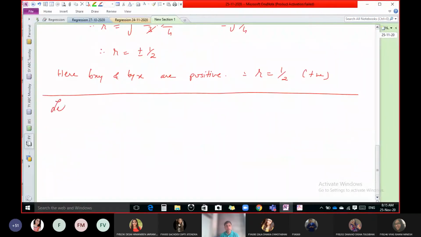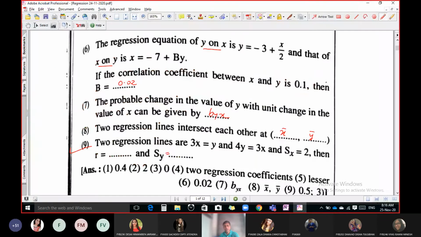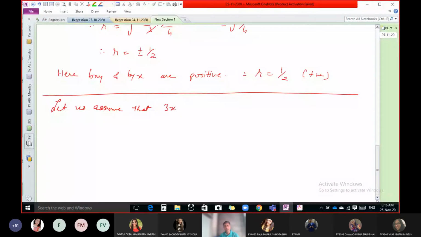By chance, let us assume that the first line, 3x equal to y, is the regression line of y on x. Instead of x on y, if we assume y on x, then you have to convert this into y equal to something. So we can write y equal to 3x. So we can directly write byx is 3. So our second equation, that means 4y equal to 3x,